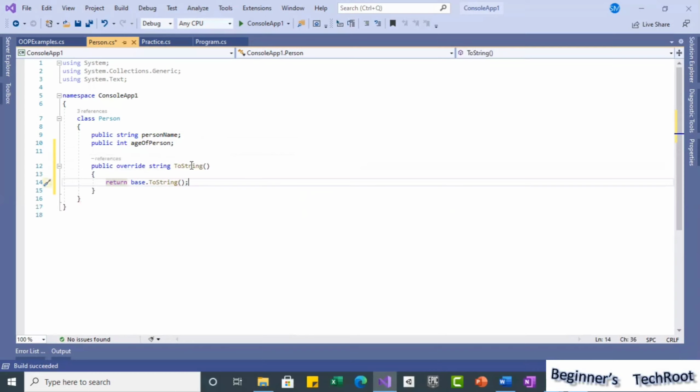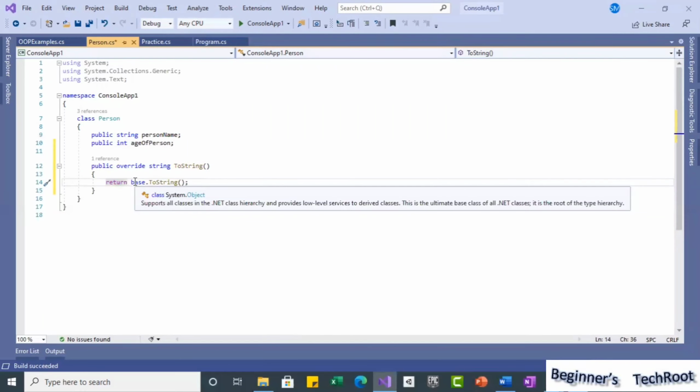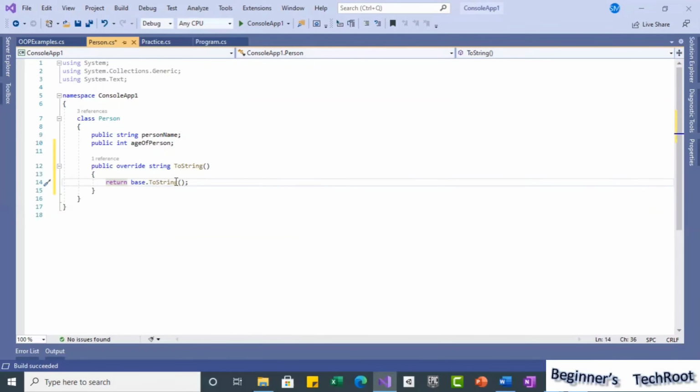As it is available, some code is written automatically when you override an already inherited member that allows overriding. But we can put our own implementation also. Here, override, the return is a string and toString, and inside you can write multiple statements. But here they use return base.toString, the default. If you write it like this, it gives the same functionality because we are using base.toString again.